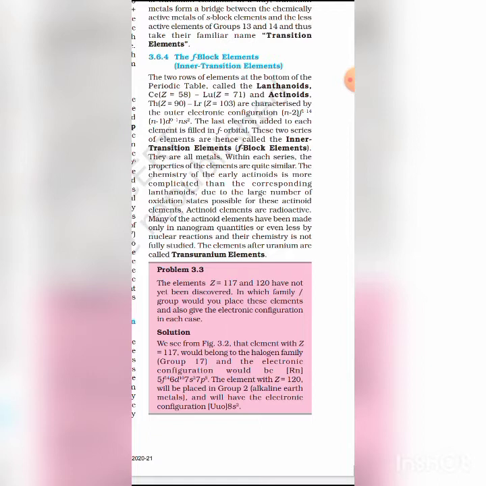Student, in this chapter, classification of elements and periodicity in properties, we learn about different periodic laws and their variations from left to right in the modern periodic table. There are so many properties. We recap some important properties: across a period, atomic number increases, and atomic weight generally increases.